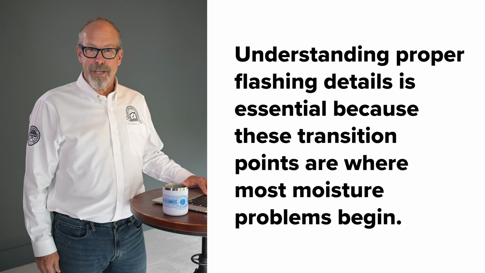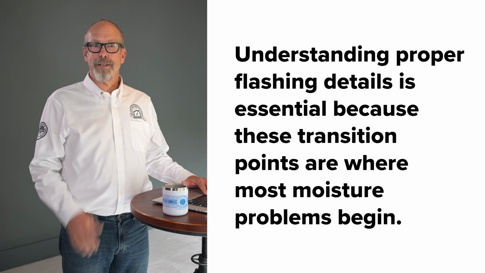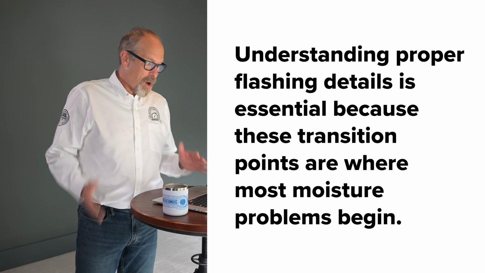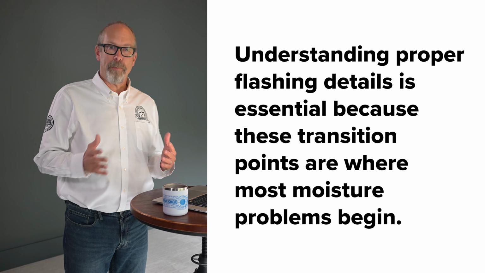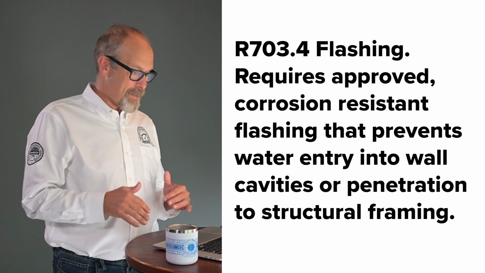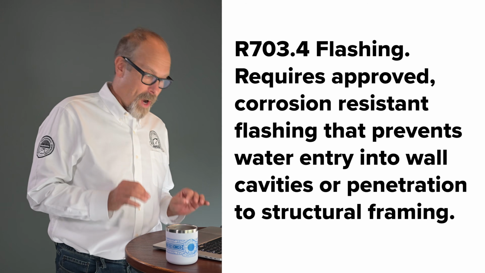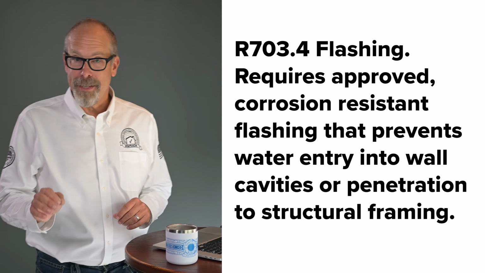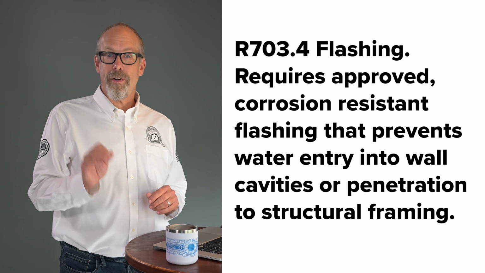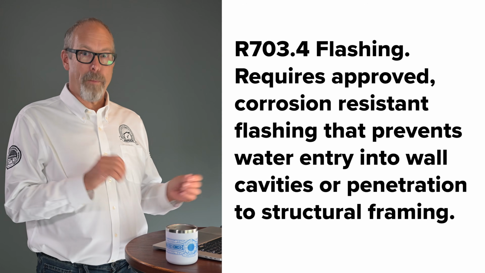Water penetration and accumulation in walls are most commonly associated with flashing and detail problems around windows, doors, and other penetrations. Understanding proper flashing details is essential because these transition points are where most moisture problems begin. The International Residential Code, IRC, section R703.4 requires approved corrosion-resistant flashing that prevents water entry into wall cavities or penetration